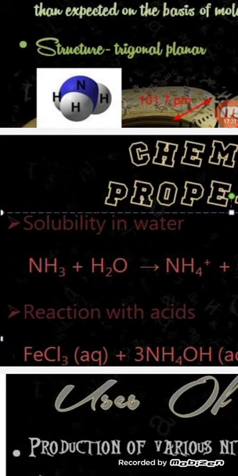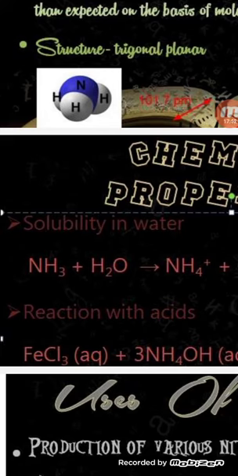What if we treat any of the metallic salts of d-block elements with ammonium hydroxide? With small drops of ammonium hydroxide, the salt of d-block elements will convert itself into its corresponding hydroxide. Like aluminum chloride will become aluminum hydroxide, zinc chloride will become zinc hydroxide, FeCl3, that means ferric chloride, will become ferric hydroxide, and each of these hydroxides has different colors.